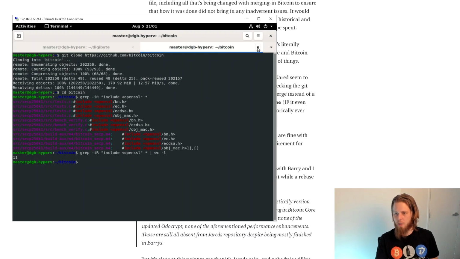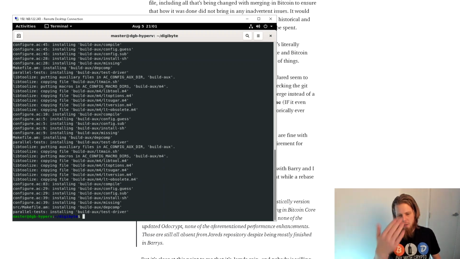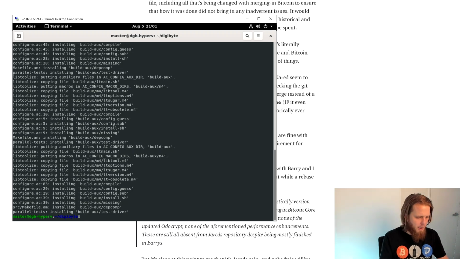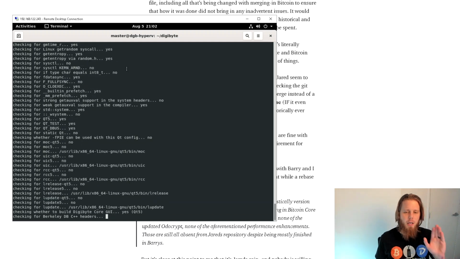Let's get rid of Bitcoin because we don't need this anymore. No one cares about Bitcoin. Now I'm hoping this isn't going to take too long. This part should only take about 10 seconds. It's done already, so let me have a quick look. So we need ./configure with incompatible Berkeley database because we haven't got the other one installed on this computer. We're going to disable tests. We're going to disable bench because we want to be fast about it. That'll do us. And so basically this is us building DigiByte as Barry had committed